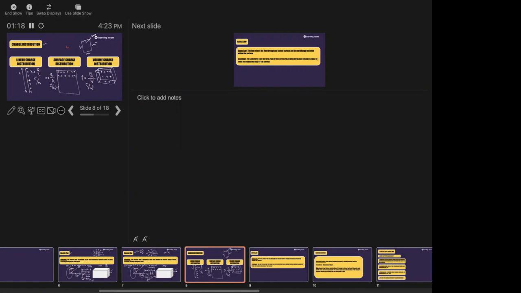A point object or it can be an extended object. For example, if we stand in front of a mirror, we can call ourselves an extended object. Suppose you place a small object, which is small compared to the size of the mirror itself, you'll call it a point object. Same logic.